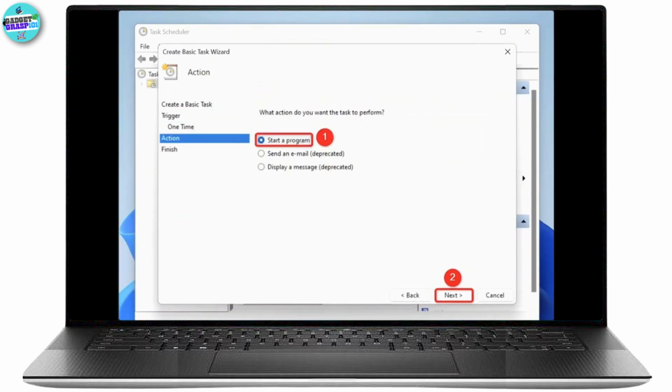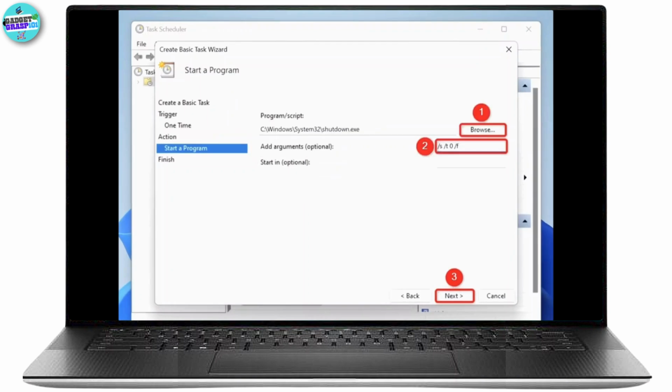Next. The utility will ask what you want to do at the time you specified. Select Start a Program and click Next. After that, all you have to do is type the shutdown arguments, as this tells the shutdown.exe file to turn off your PC, while